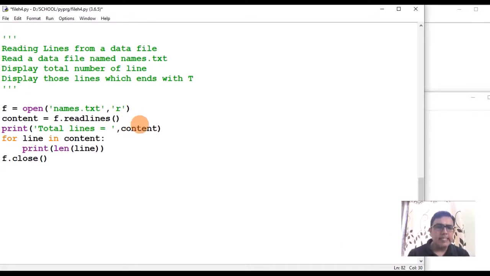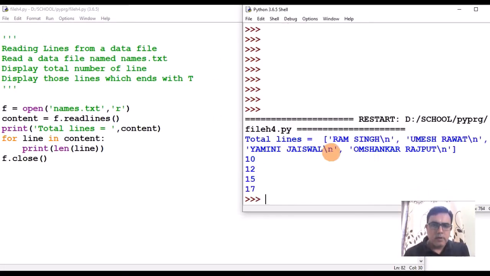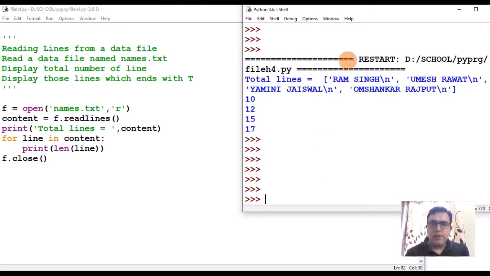I have made a slight change here. Instead of length, I am now displaying the content. Again, try to understand. So the length of the first line is this. You count the total number of characters including \n, it becomes 10, right? So the length of the first line is 10. Now the 8th index will be the last character. So 0, 1, 2, 3, 4, 5, 6, 7 and 8 will come here at H.